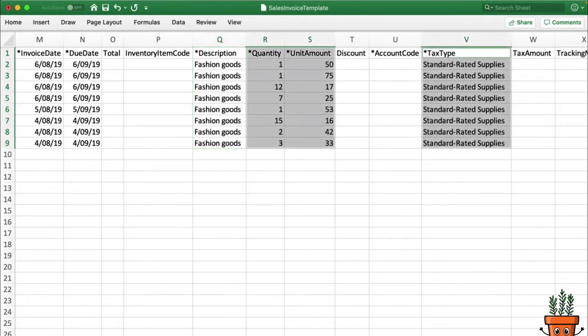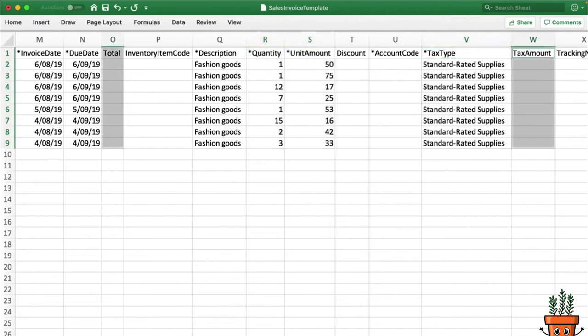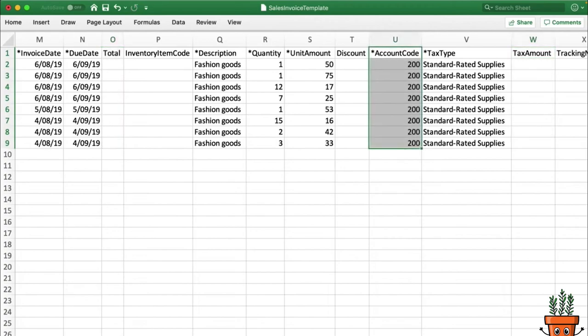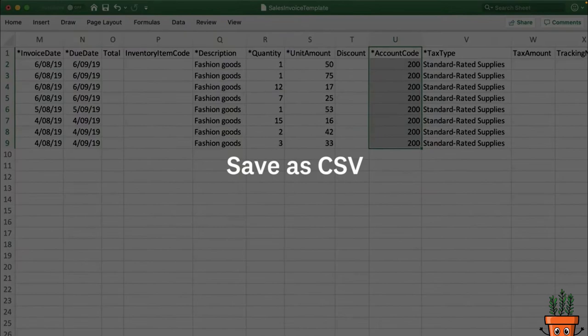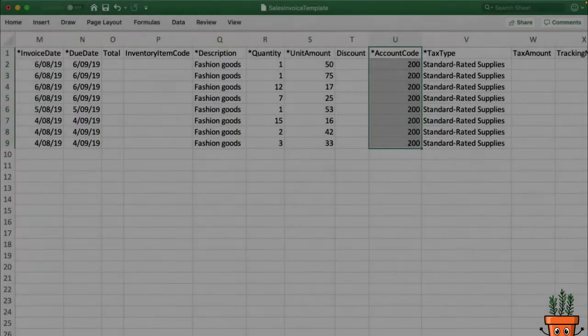Next, copy the quantity, unit amount, and tax type across. Make sure the tax type name is exactly as it appears in Xero. There's no need to include the total or tax amount, as Xero automatically calculates these during the import. Lastly, code the item to the relevant sales account in your Xero chart of accounts. When you're done preparing the import file, save it as a CSV file, then return to Xero to continue with